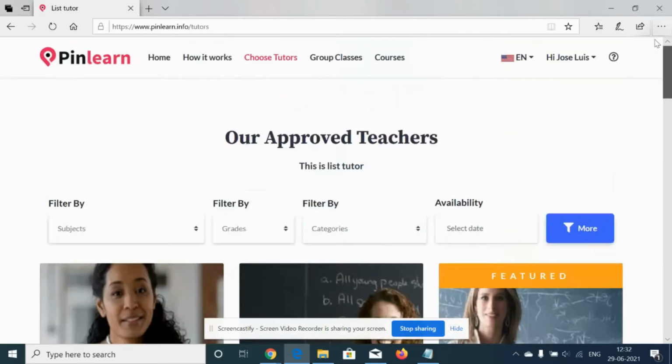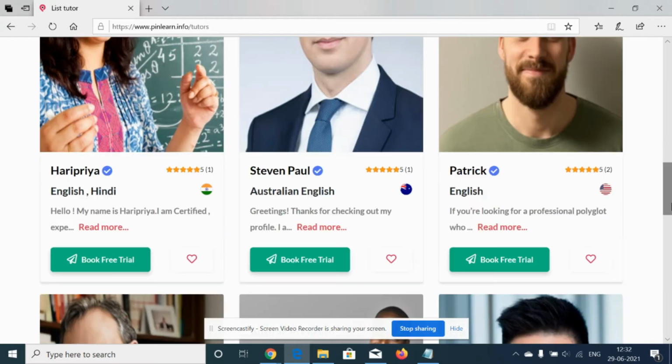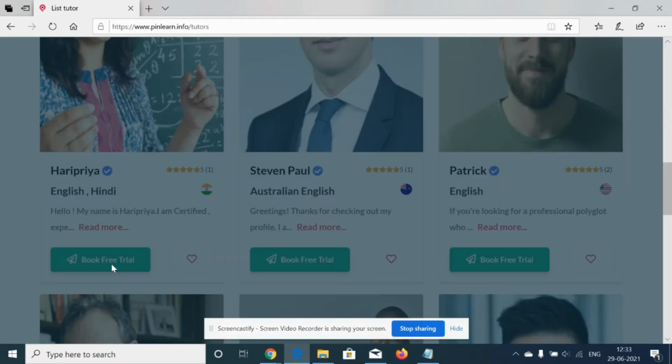Let's see how the students can book both free trial as well as paid one-to-one classes from the tutors, and how they can get access to the Zoom links. Suppose the student wants to book a one-to-one class, he can click on choose tutors and choose a tutor. If it's a free trial class, he can click on book free trial,